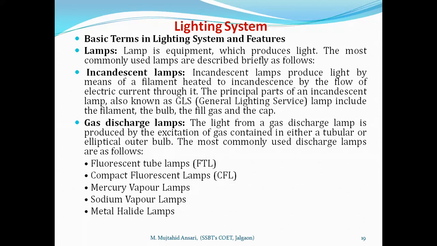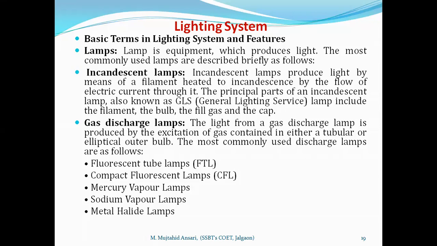So there is not much more energy conservation we can observe by replacing the tube light fitting, that is a simple fluorescent lamp, by the CFL lamp. Second is the mercury vapor lamps we are using in the street light and outdoor type. Mercury vapor lamp is a milky white color, even a slightly pinkish color. If you look at a white cloth, it appears a light pinkish color. So mercury vapor lamp has somewhat milky colors.